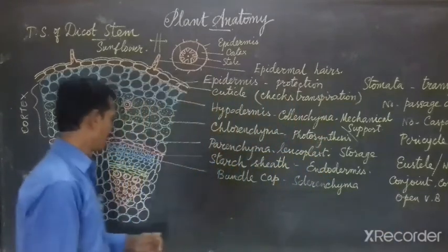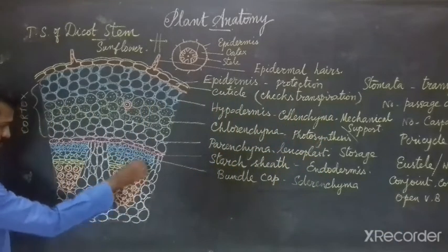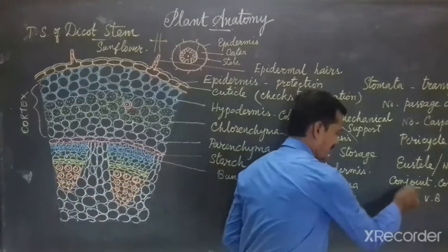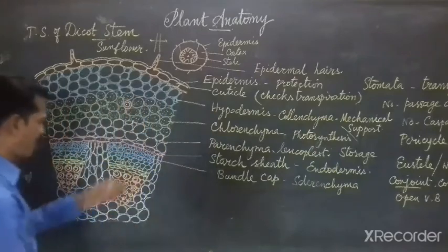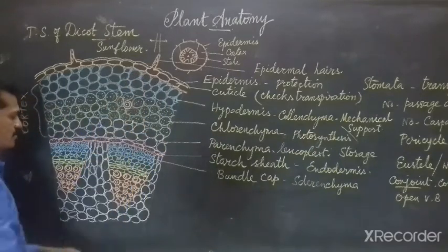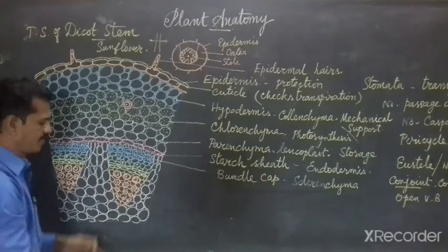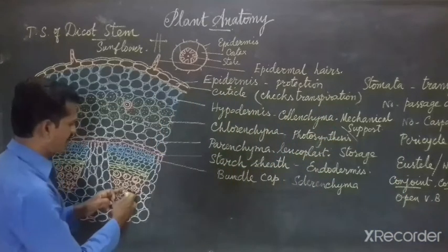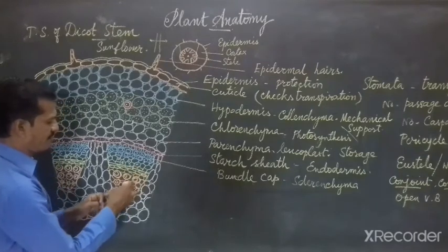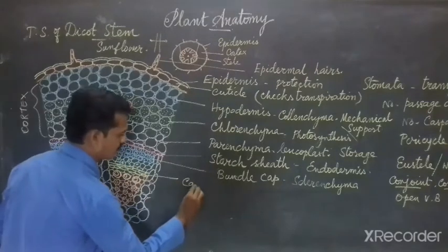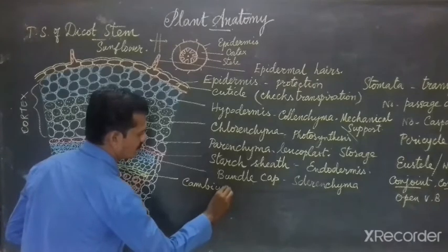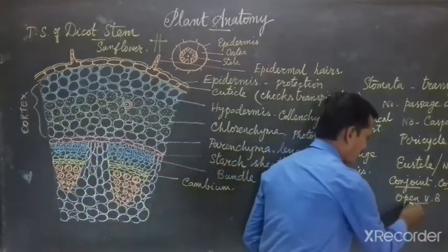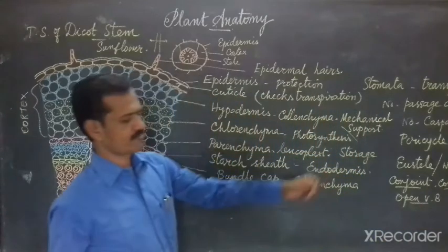I will explain it. Conjoined means xylem and phloem are arranged on the same radius. In this arrangement, phloem is towards the outer side and xylem towards the center, that is called collateral. Between the xylem and phloem, there is a cambium present. This kind of vascular bundle is an open vascular bundle. So, conjoined, collateral and open.